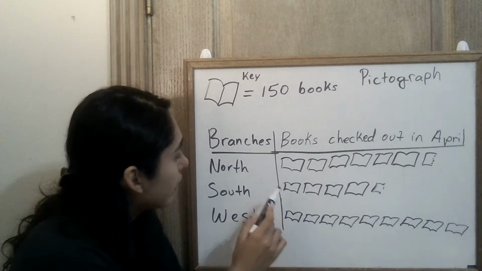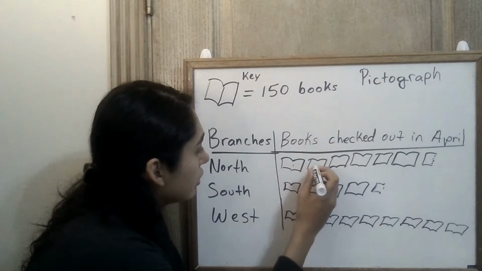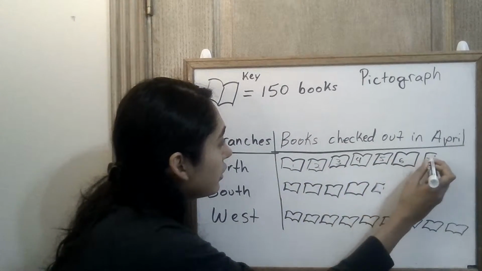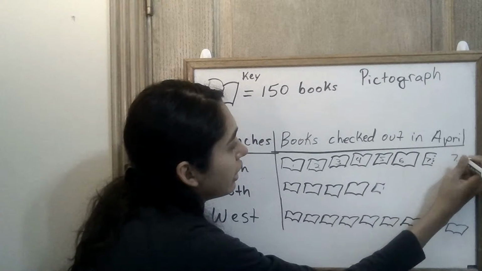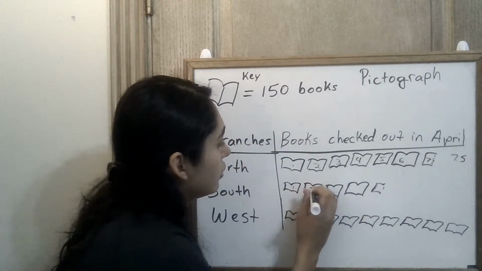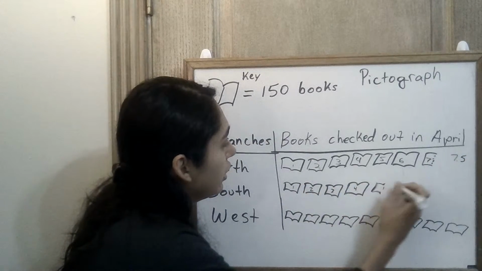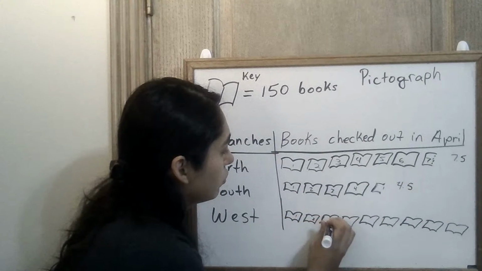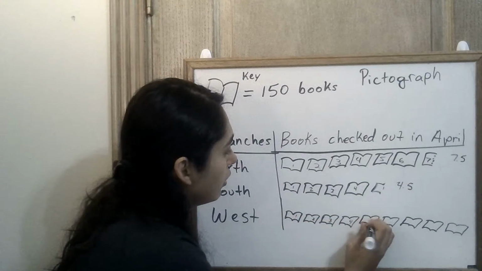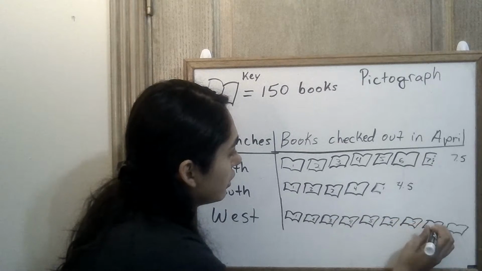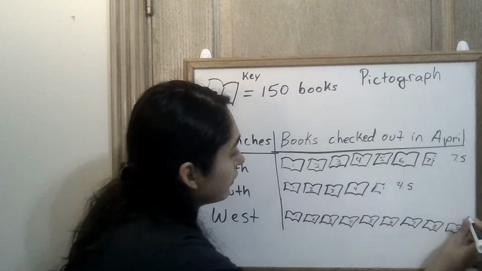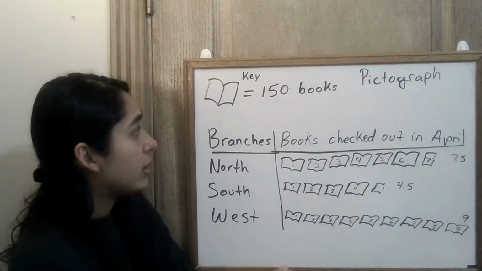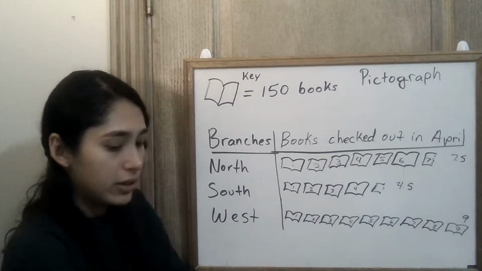Here in the North branch, I have 7.5. Here I have 4.5. Here I have 9. So if I just multiply 7.5 by 150,